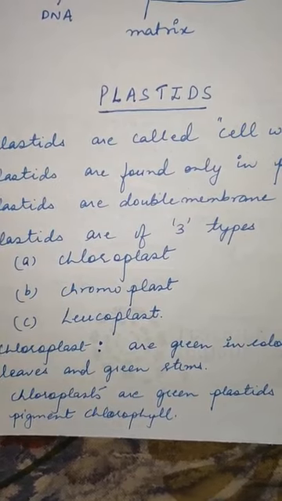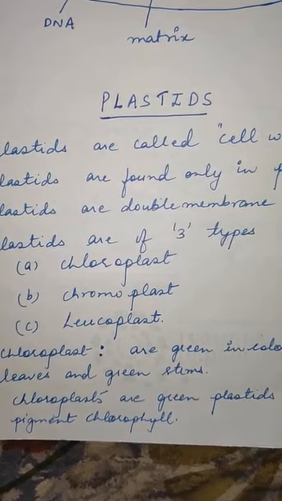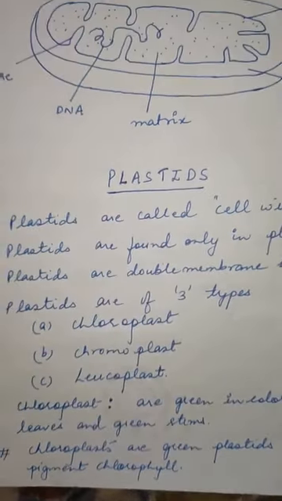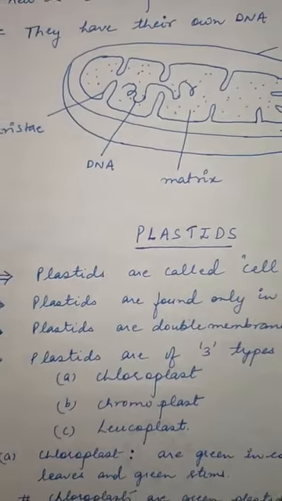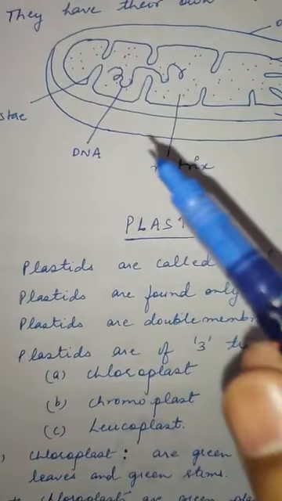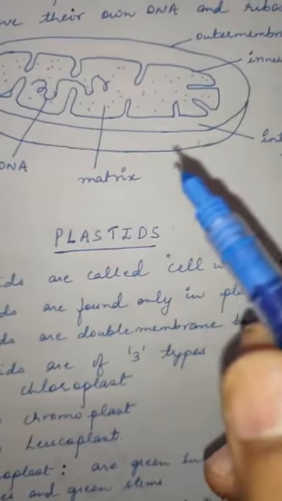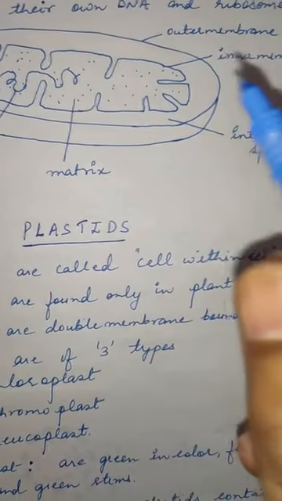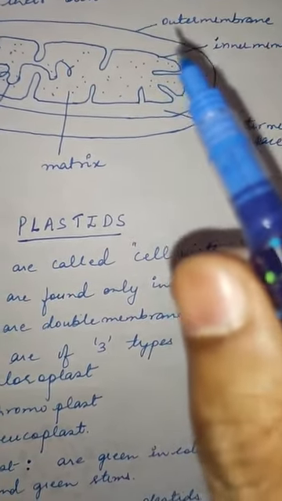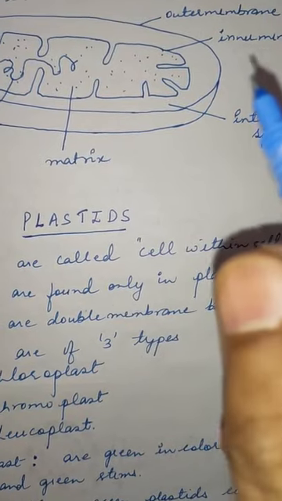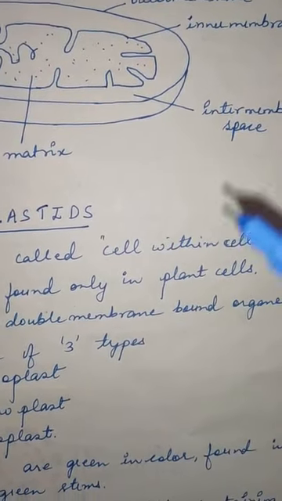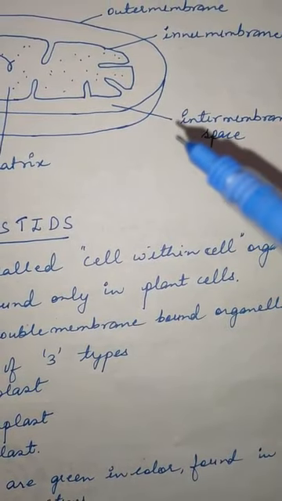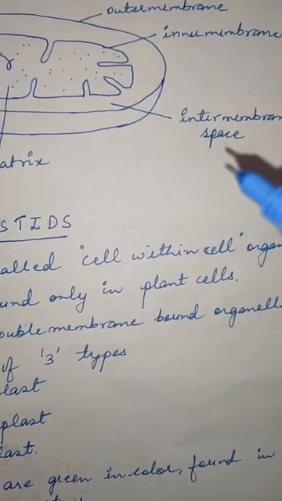In the preceding sections we have discussed the structure of mitochondria. Mitochondria के बारे में हमने डिस्कस करा था. So we will recall it so that you are able to see it. This is the structure of a mitochondria. It is a double membrane structure. Outer membrane, you are able to see it clearly. This is the inner membrane. And the space between these membranes is known as the intermembrane space.